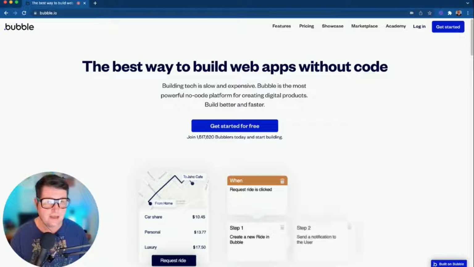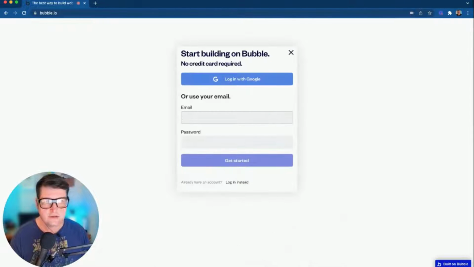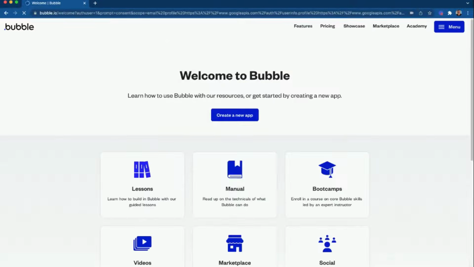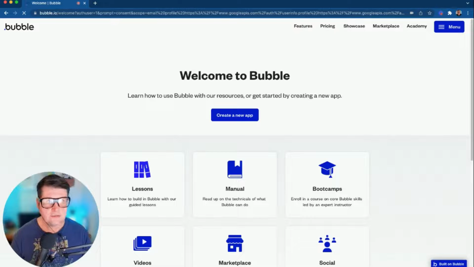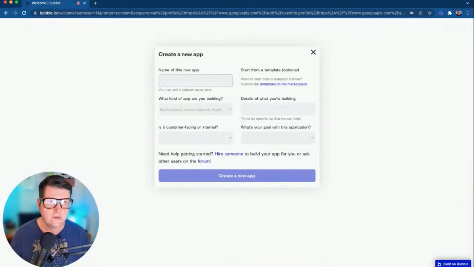So let's go ahead and log in. Just click the login button and then it will take you to this page. You may see some terms and conditions just before you do that. I'm not seeing those because I've obviously logged in before. We don't need to worry about any of these options here. We're just going to go straight in to create a new app,